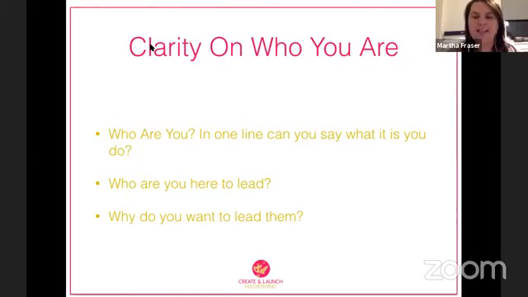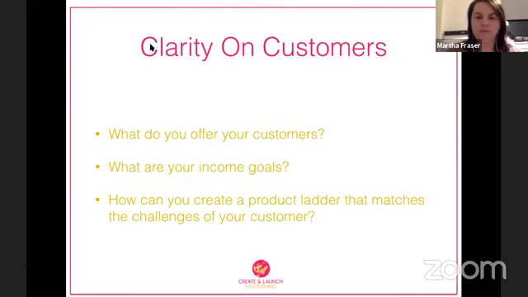And like, when you think back, who was the best customer that ever bought from you? So take a minute now to write that down, because this is the person that you will want to work with, that you want to shape your products into, okay? Okay, so, and why do you want to lead them? Okay. So the next thing now is, what do you offer your customers?